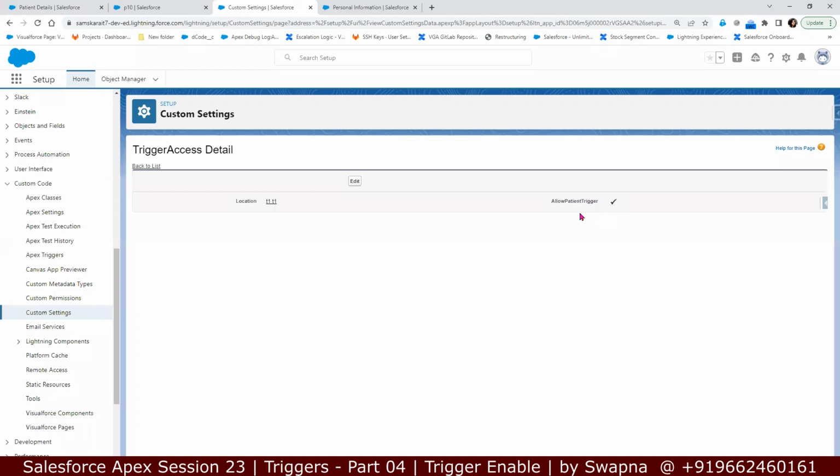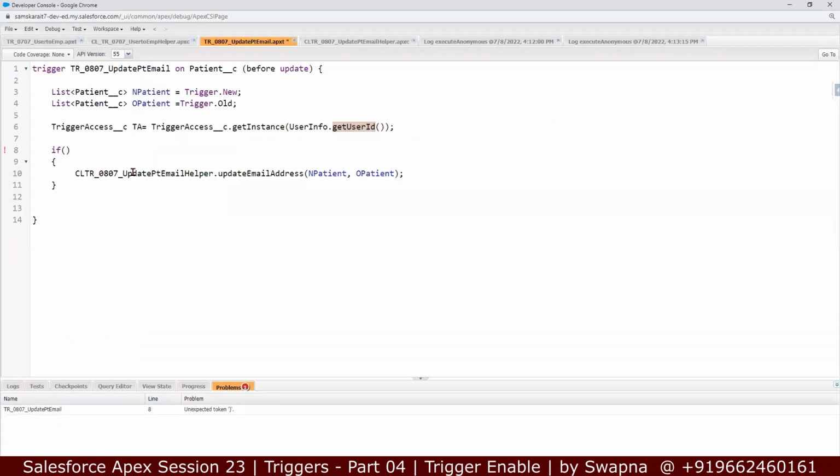So the next thing is that I wanted to check whether this setup is there for this user. So we cross-verified whether, whoever is logged in, that user has a record in the custom setting or not. If the record is there, then what I wanted to check, I wanted to check